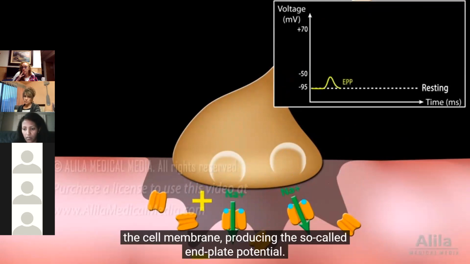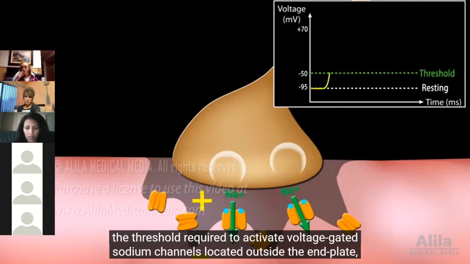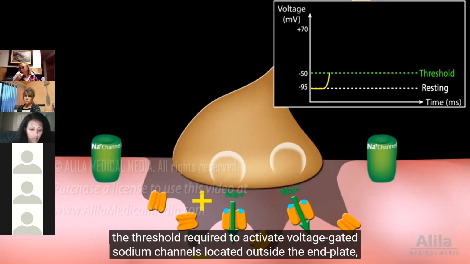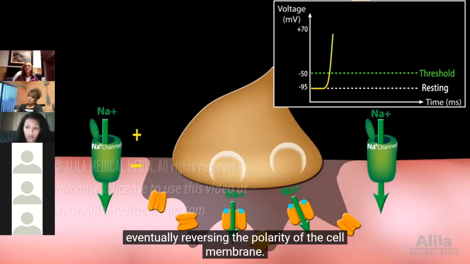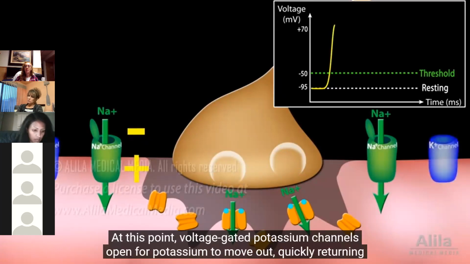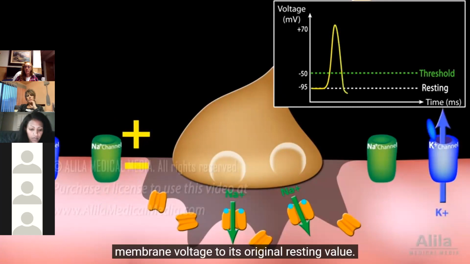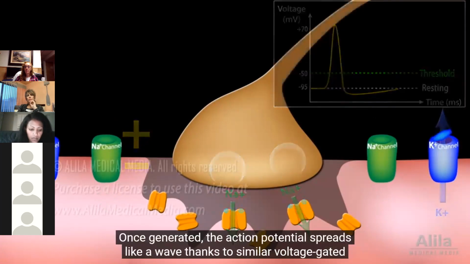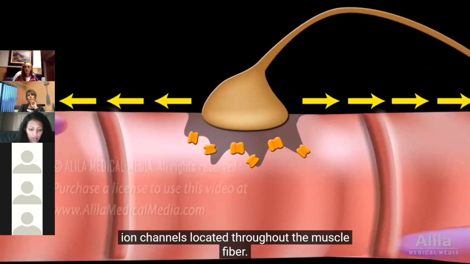An action potential is generated in the muscle cell only when the end plate potential reaches the threshold required to activate voltage-gated sodium channels located outside the end plate in the neighboring membrane. When activated, these channels allow faster influx of sodium, further depolarizing and eventually reversing the polarity of the cell membrane. At this point, voltage-gated potassium channels open for potassium to move out, quickly returning membrane voltage to its original resting value. Once generated, the action potential spreads like a wave, thanks to similar voltage-gated ion channels located throughout the muscle